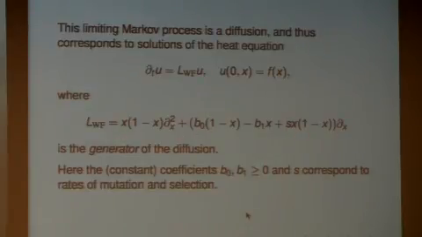So these model the mutation and selection rates. And so you can look at this as a rather simple model problem to study. There were various works going back to the work of Feller in the 1950s trying to understand this. Now, because the coefficients are polynomials, there are a lot of special tricks you can do.